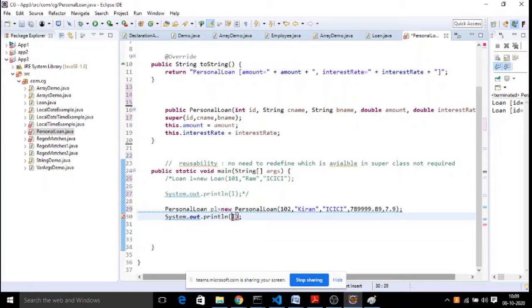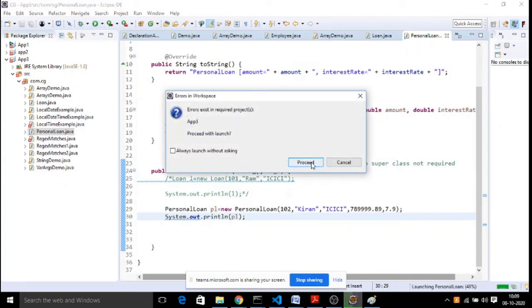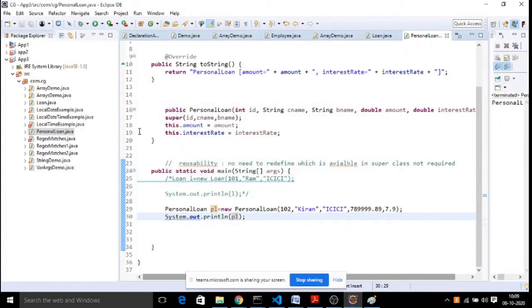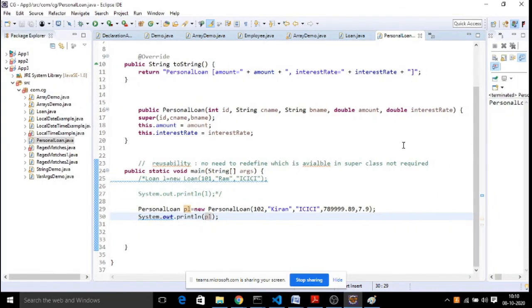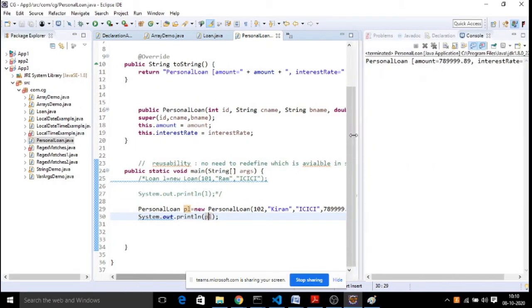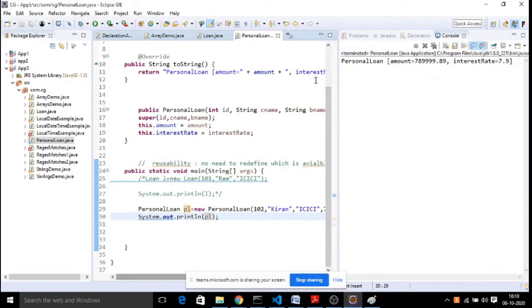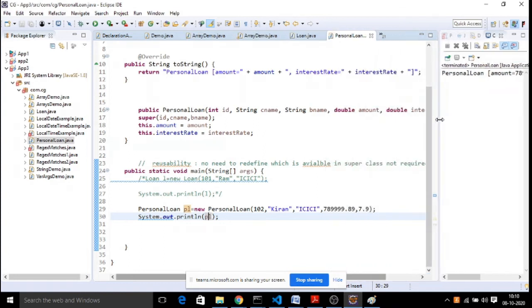Now I will call it with my subclass object. Are we able to print both? Let us check now. So with the toString method, what are the values we are going to print here? Amount and interest. Right? Now let us say you wanted to get the other properties.